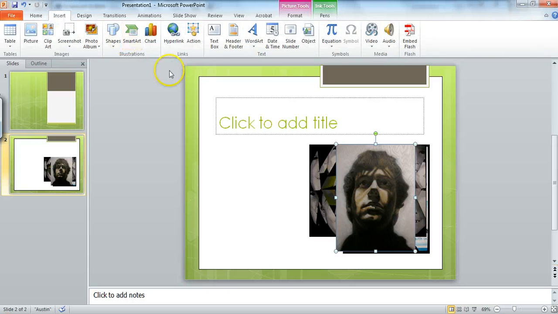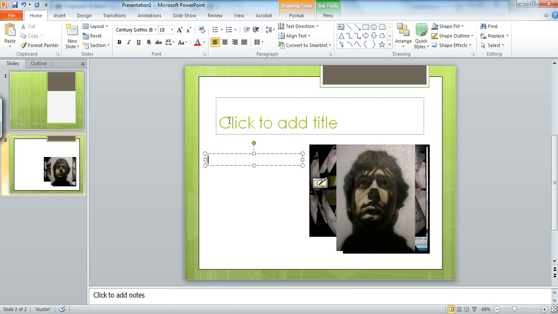And the last thing I want to do is insert a text box. So I'm going to click on text box in the Insert tab and then just draw it out, and there it is. So I'm going to type in my work,